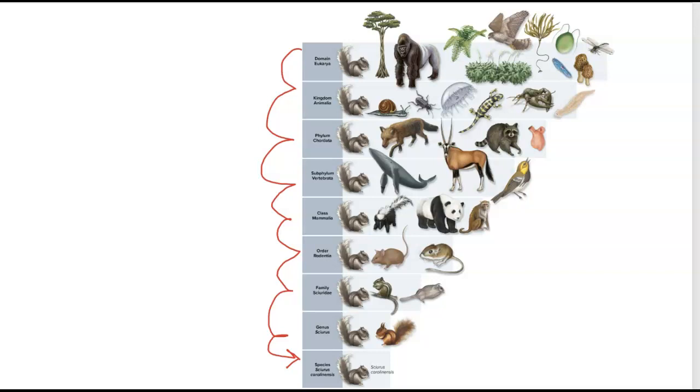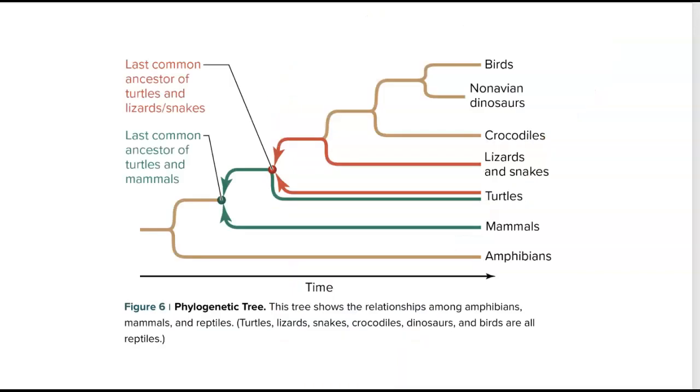All right. So I mentioned that term phylogenetic tree. Here's an example of a phylogenetic tree that shows how amphibians, reptiles, and mammals are all related. So the black line across the bottom is time. At some point, you had a common ancestor. That ancestor gave rise to the amphibians, which came down here. It also gave rise to this branch here. Now this branch then splits and gives rise to other things.